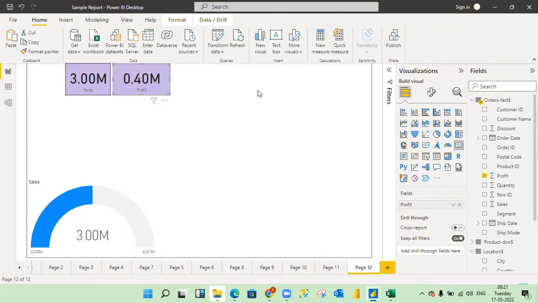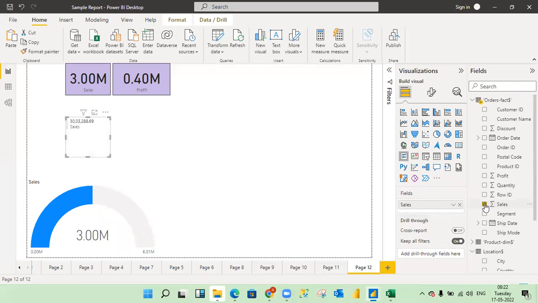Next, we have the multi-row card. Okay, let me select the multi-row card, and I'll select sales and the segment. See,